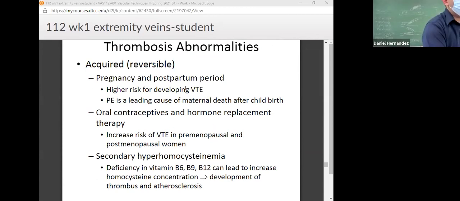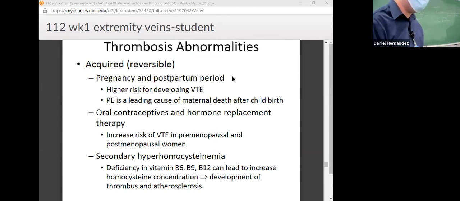And also with pregnancy, you have to remember the postpartum period as well. The patient's hypercoagulable, so they're healing. There's the trauma of birth. Oh, that's another one I forgot to add on there. Surgery. You put surgery under